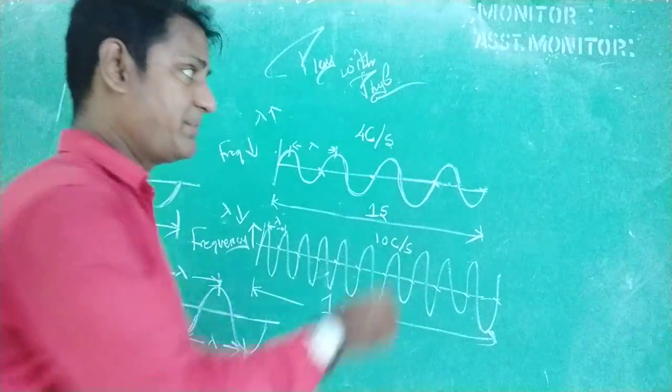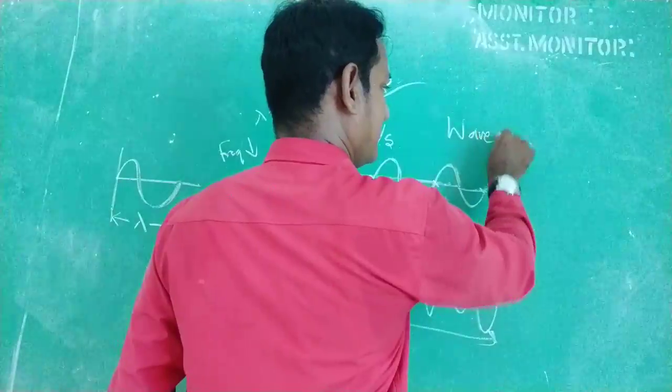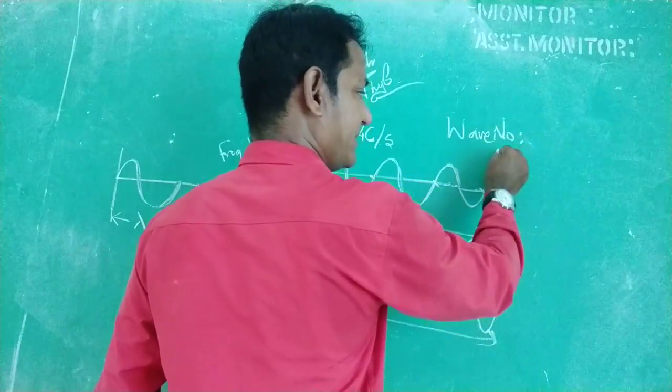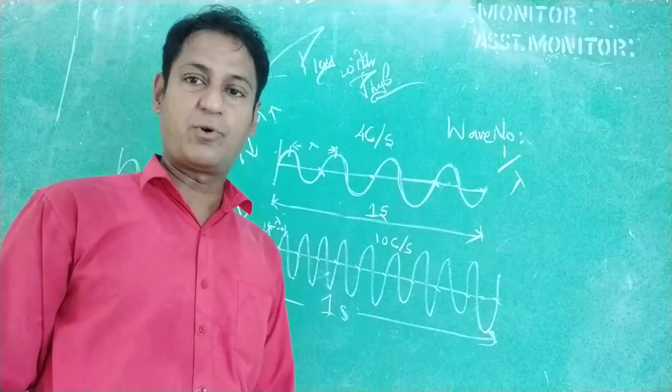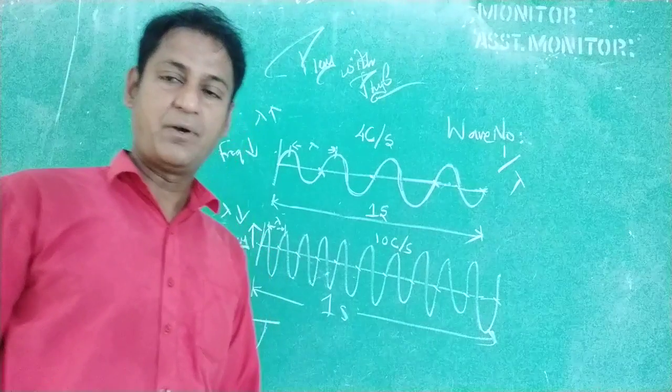Now what is meant by wave number? It is nothing but the reciprocal of the wavelength. It is nothing but the reciprocal of the velocity. Or I can say, it's